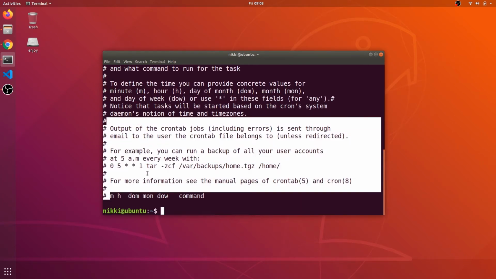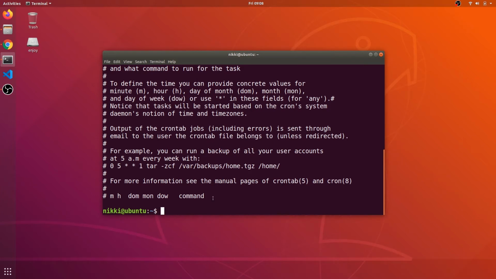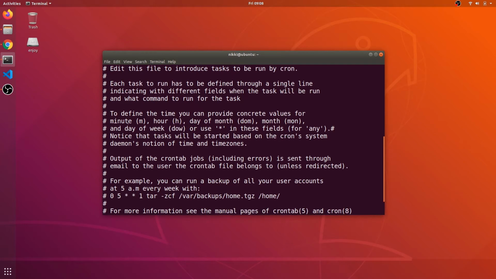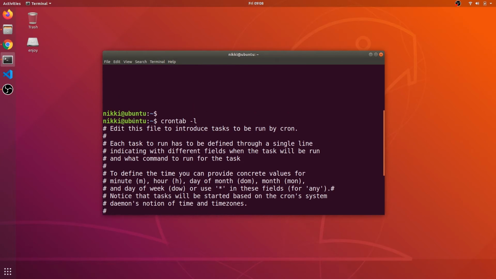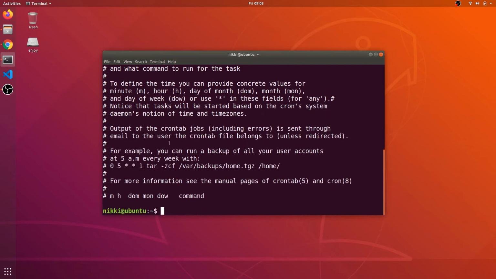These are all comments, and you don't need to worry about them now. They tell us the description of what cron can do. So edit this file to introduce tasks to be run by cron. We need to edit this file, and from this file cron does the job.